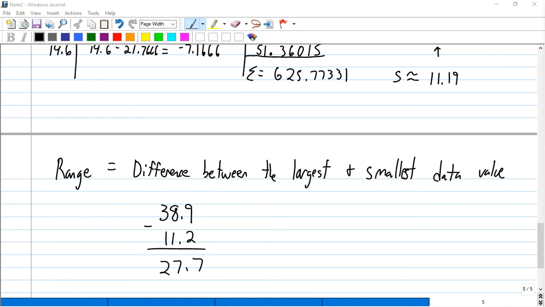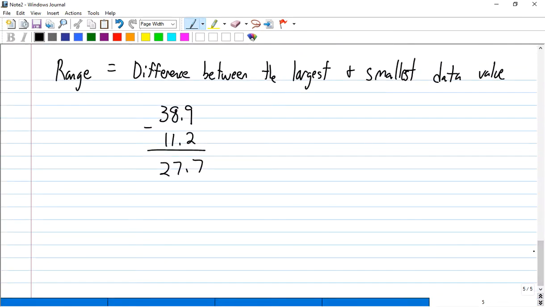Now, before we go too far away from standard deviation and we do some other things, I do want to introduce the coefficient of variation. Now, that is skipping to section 4.8. But I want to go ahead and go over it because it is related to what we've been doing with standard deviation. Okay? So the coefficient of variation, we'll go back because we did skip several sections,